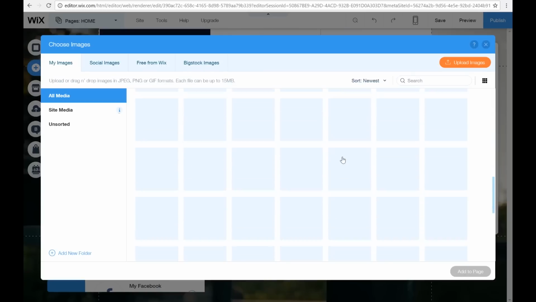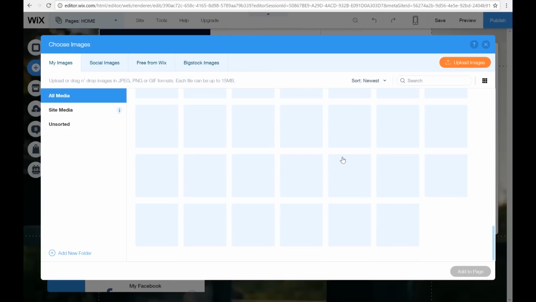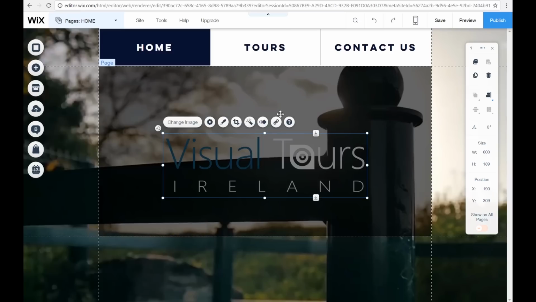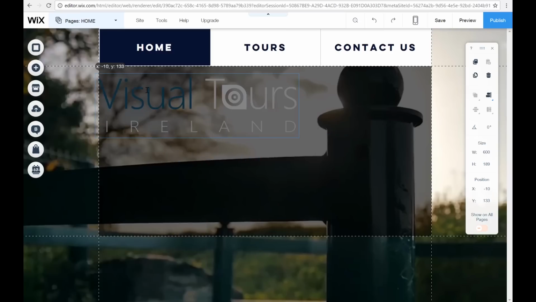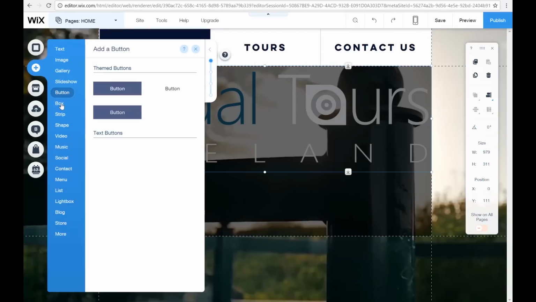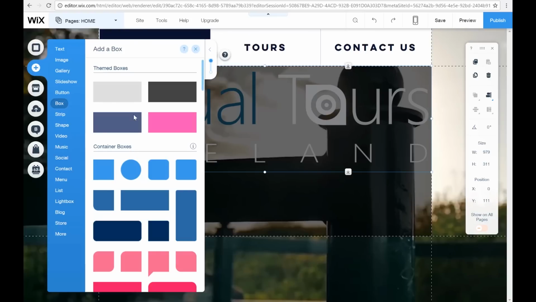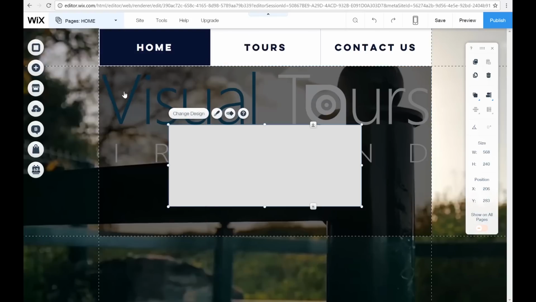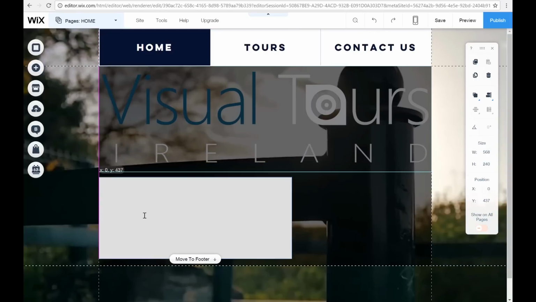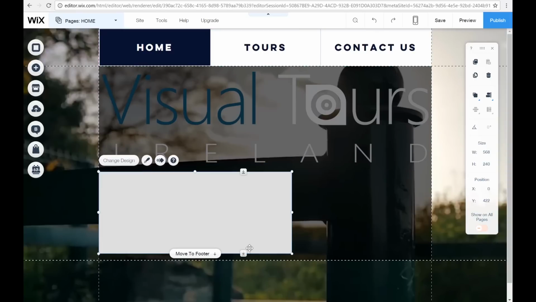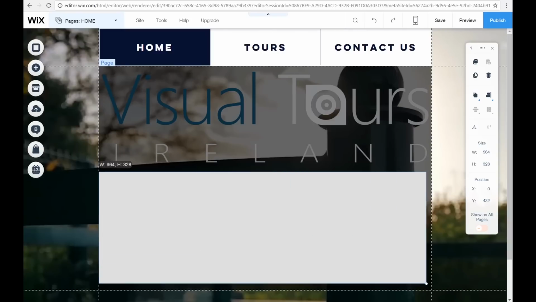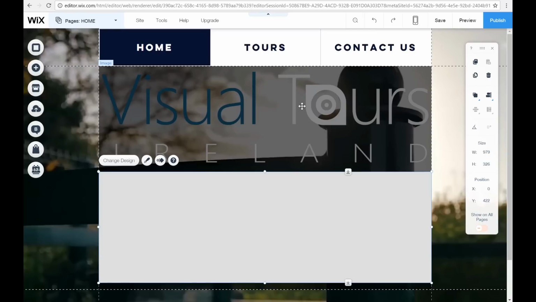I'm going to navigate to my site logo. I have prepared a logo for the website. Let's add that in and stretch it out. And we're just going to add a normal box to the page. And once again, stretch it to full size of our page canvas. And if we click this,